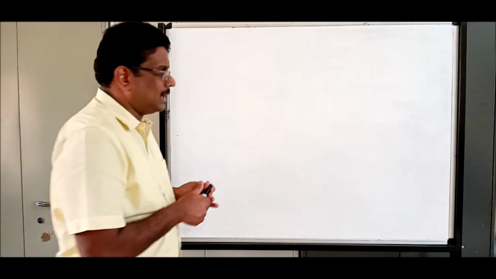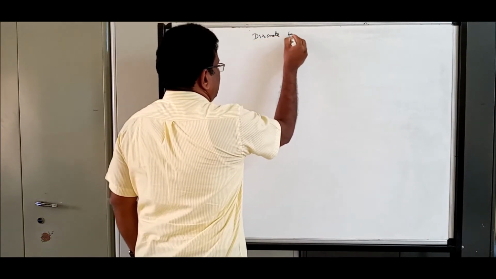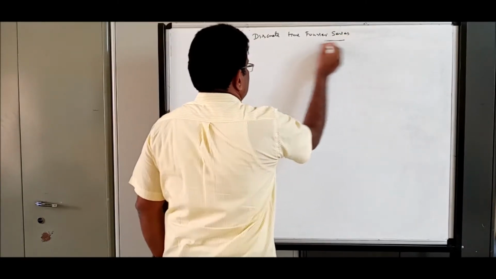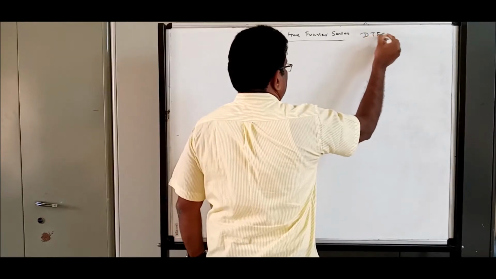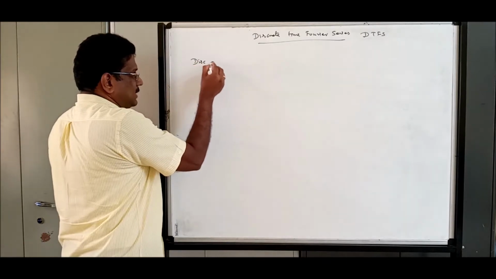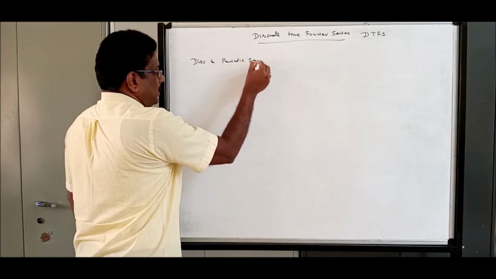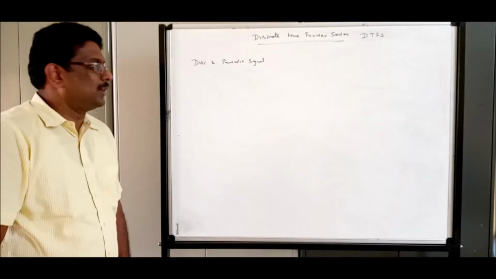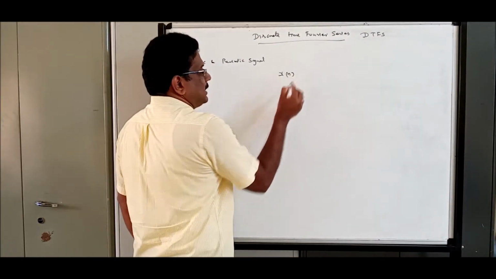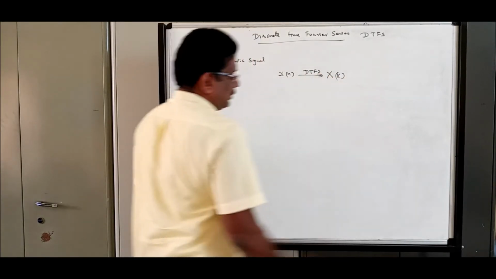In this session, I am going to discuss discrete time Fourier series. We simply call it DTFS. It is specially for discrete and periodic signals. Please remember, DTFS specially converts discrete and periodic signals, which means if I have a signal x of n which is discrete, if I use DTFS, I will be getting x of k.